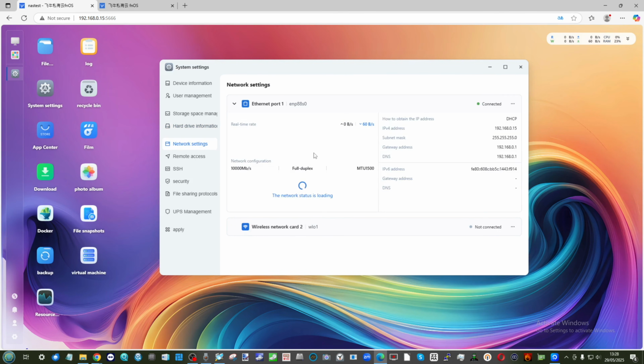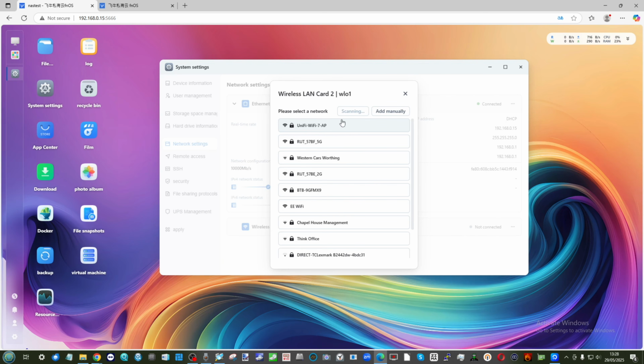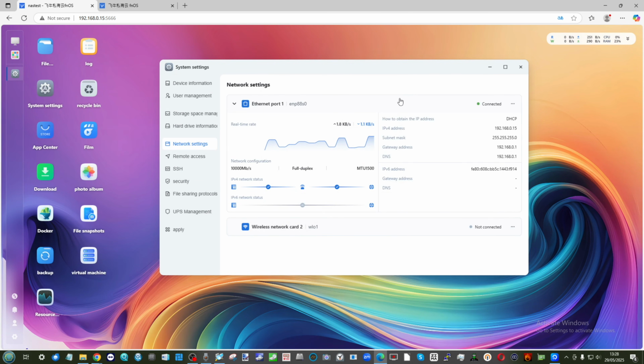Now, I've created the storage area. We can manage network ports. The DXB480T from Ugreen here only has the one network port, so unfortunately I can't see what it would be like in terms of failover and bonding and ports and stuff like that. But there is a wireless card built into this, so if we choose to, it does look like we're able to take advantage of the Wi-Fi card that's built into this NAS that allows us to connect to Wi-Fi, something a lot of